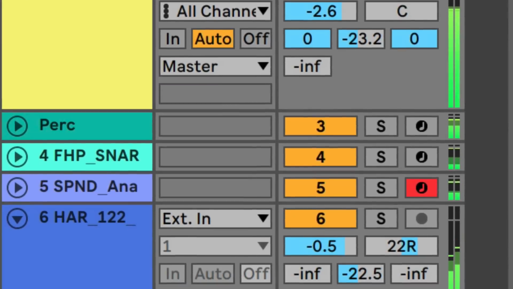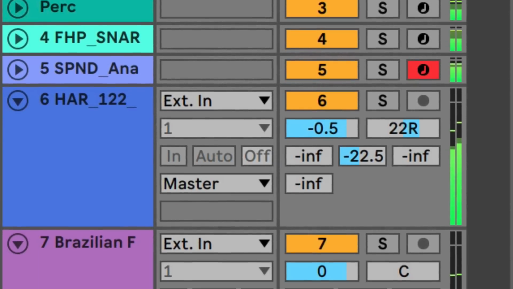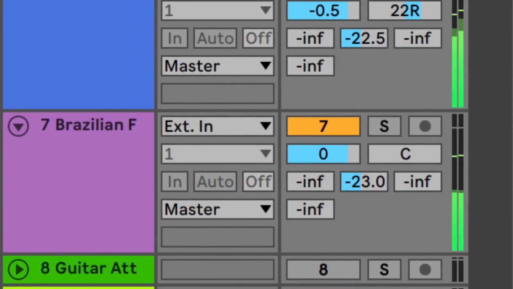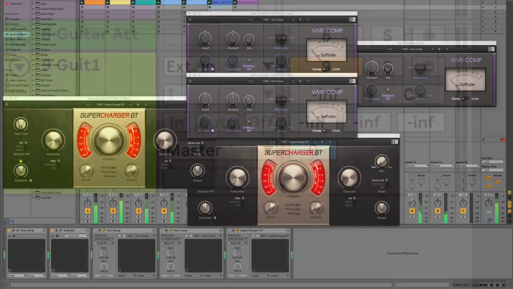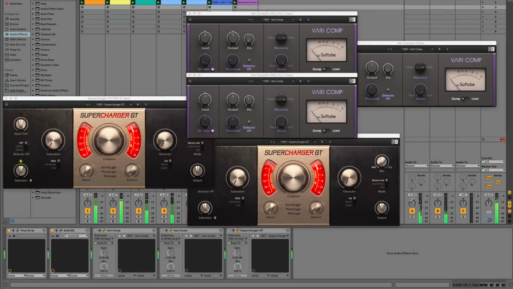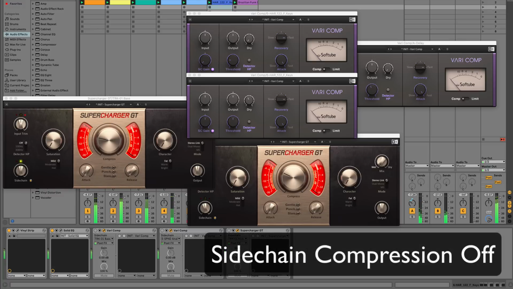To do this, you should think of your mix as a hierarchy of which elements are more important, and use these to duck groups of other sounds that are less important. In this track, using a combination of VariComp and supercharger GT, the kick ducks the bass, snare and kick duck the keys, the percussion ducks a delay bus, and almost every important element ducks the reverb. Here's how it sounds without the sidechain compressors set up. And then when all the compressors are activated,